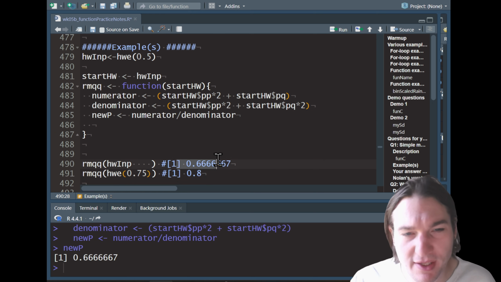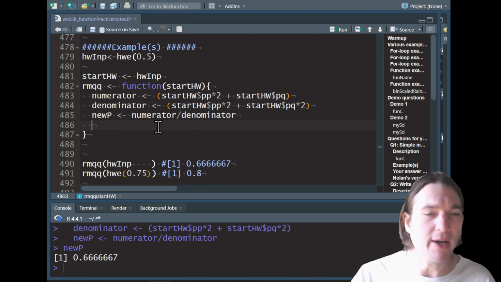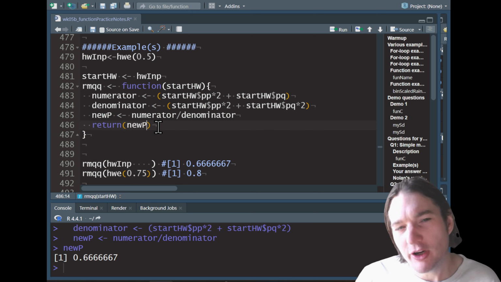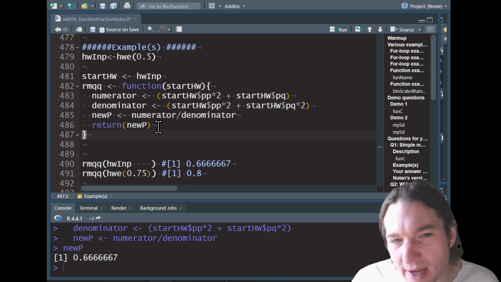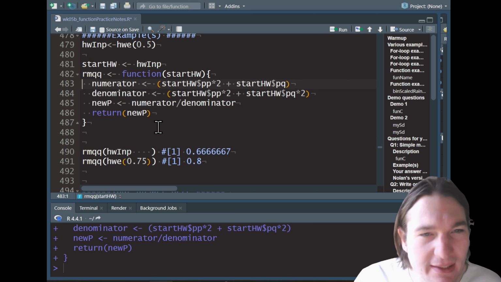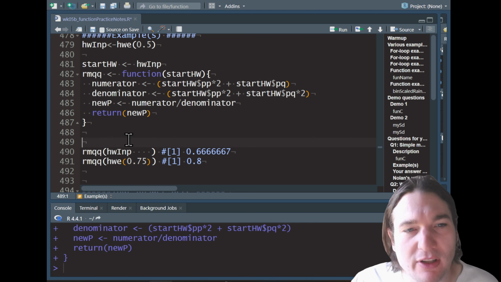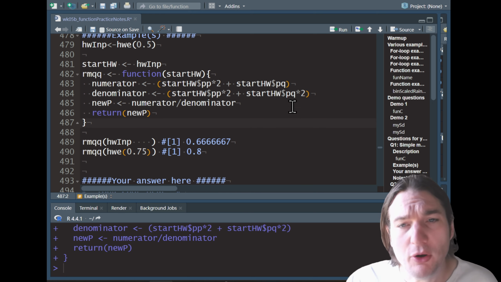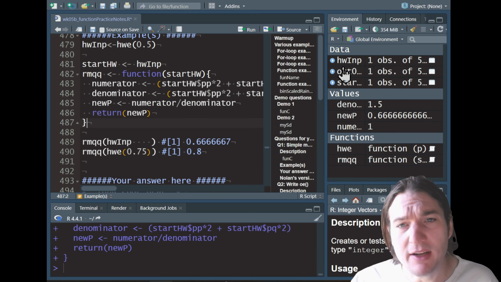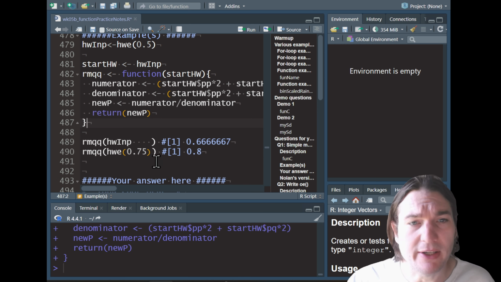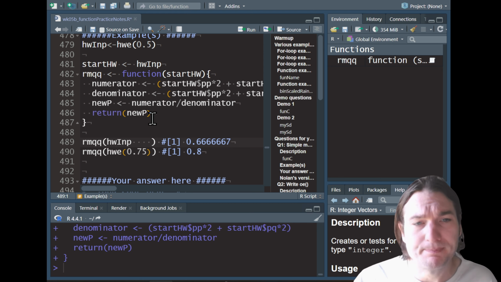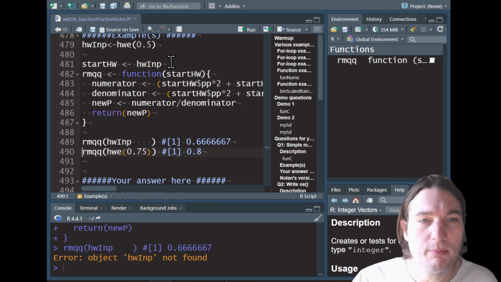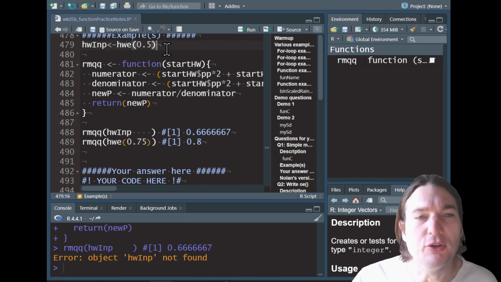Okay, so we get this. I can check that against my example, so it looks like that should be right. We just need to remember to use that return function. It turns out, in fact, that case would have returned new P, but it can be a little bit tricky. And so my recommendation is to manually call return. So let's clear our environment before doing final checks. Clearing, running the function. I could try running this, but I'll get an error message saying that this wasn't created. And I'm like, oh, yep, still got to go make HW